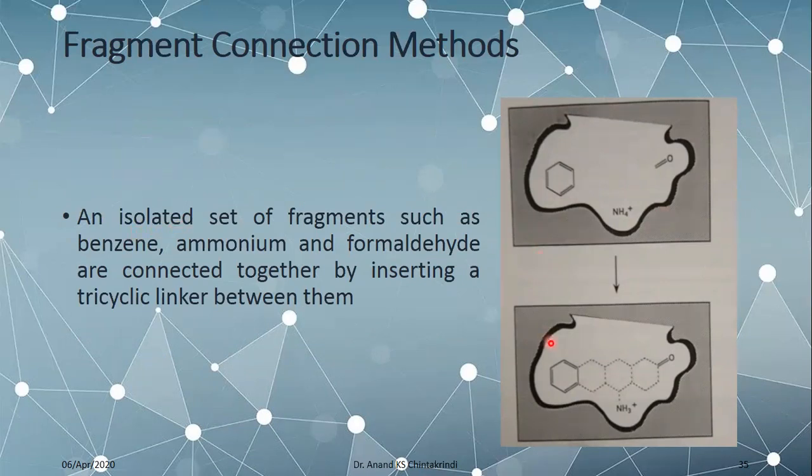So this is how the diagrammatic representation is done. This isolated set of fragments are identified using, say, either GRID or other methods of active site analysis. So in this you can see you have benzene, ammonium group, and a carbonyl group or a formaldehyde placed. Then this fragment connection method connects them by inserting a tricyclic linker between them. It is not necessary that this should contribute to or improve the overall binding interaction. It should be just that it is not